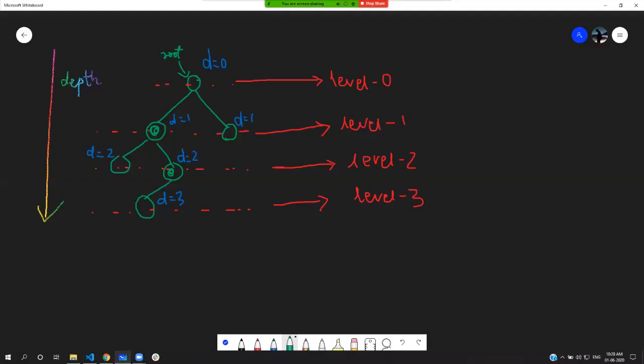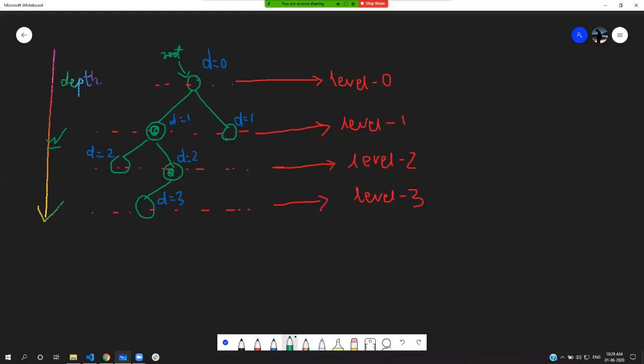I hope the logic is clear now: when we are at a depth of 0, as soon as we go to the left or to the right, the depth increases. We clearly see the pattern that if you go to the left, the depth increases, and if you go to the right, the depth also increases, as shown in the diagram here.